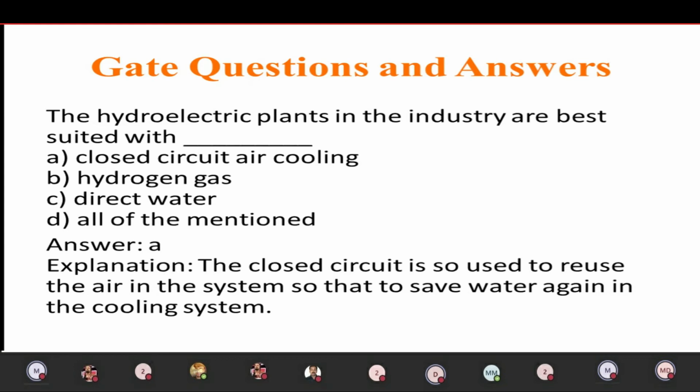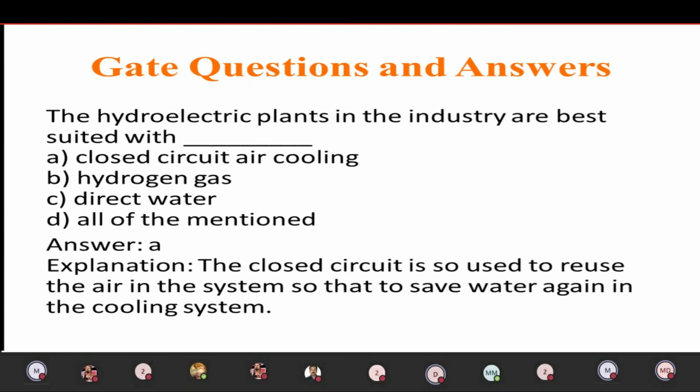Because it absorbs the heat by the sudden inrush current. The sudden inrush current will absorb the heat from the side part and carry it out. But in the middle part, it is difficult to absorb the heat. Due to that, the middle part has more heat than the side part. So this is the basic idea. Now come to our question.